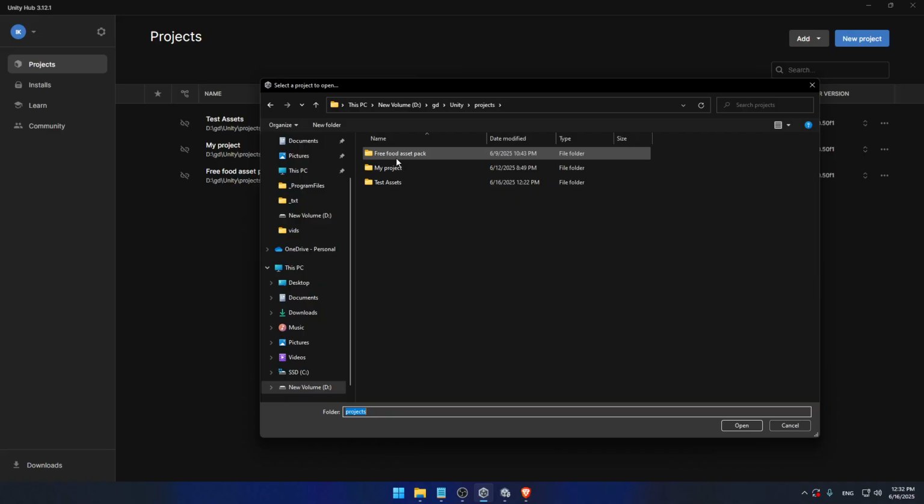While I was hovering over them, I got some information, some properties, and one of those was how big they are. So the free food asset pack, which I think is a blank 3D project, is almost 2 gigabytes big,